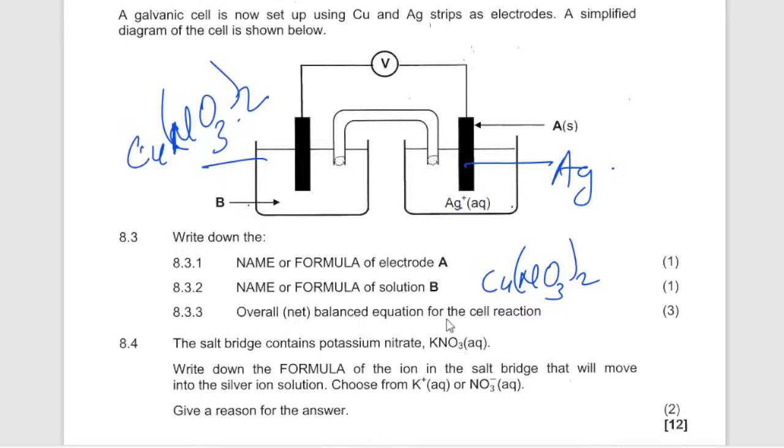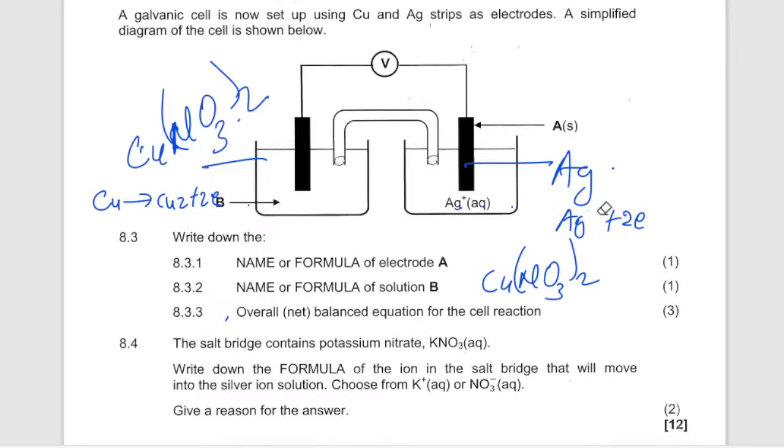Overall balanced net equation for the reaction. So automatically, silver is going to receive electrons from copper. Therefore, we will say that copper gives you copper 2 ions plus 2 electrons. And then silver ion plus 1 electron